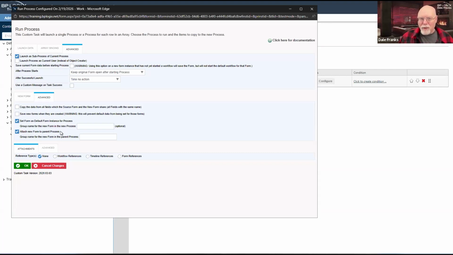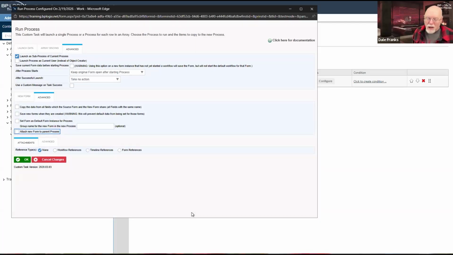So I'm going to have a reference from the parent form on the child process and from the child process back to the parent process. Do I want that to happen? Maybe, maybe not. So I might want to turn those buttons off, and I might want to turn that button off, so that this process that I launch is completely independent of the parent process.